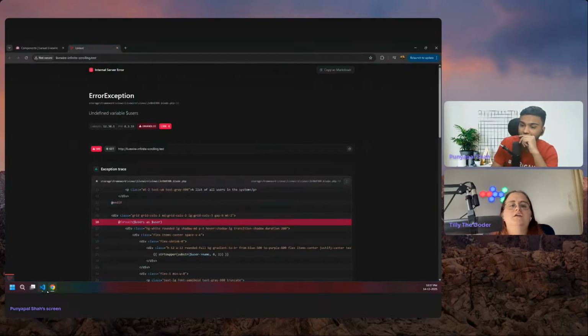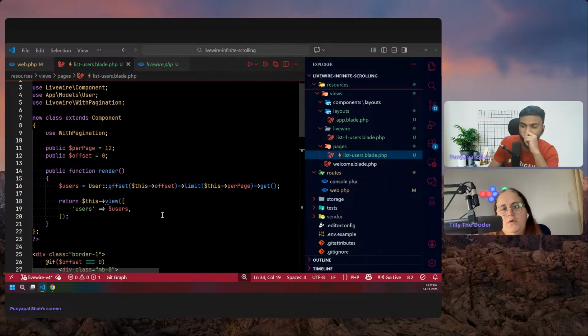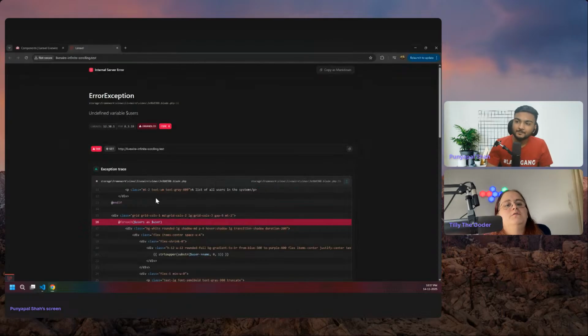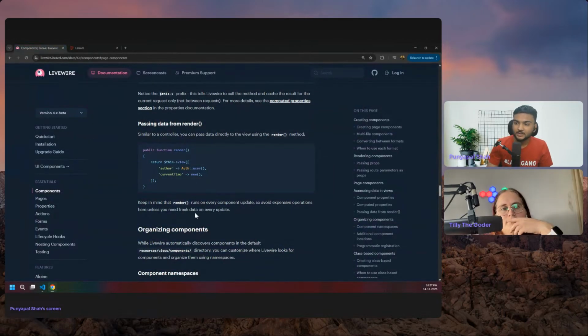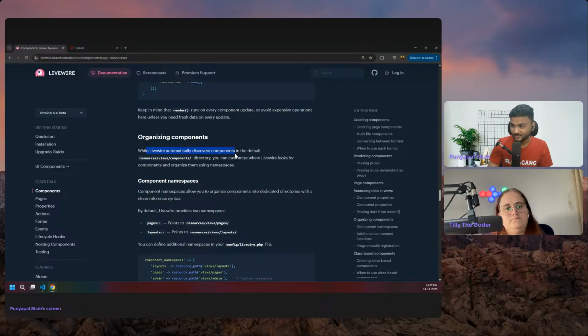So if you go to VS Code, and you try to just mount, so when it mounts the component, we create a public users and then we set it there. Yeah, I totally understood what you are saying. But see, here they are doing this right in a render method. The render method will be called on every render, right? Organizing the components while Livewire automatically discovers